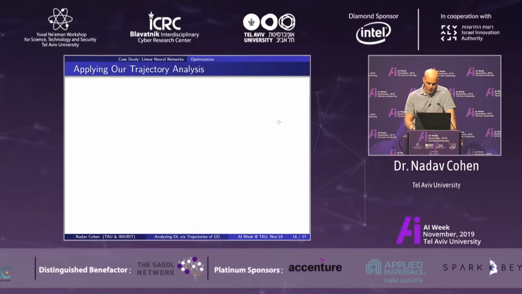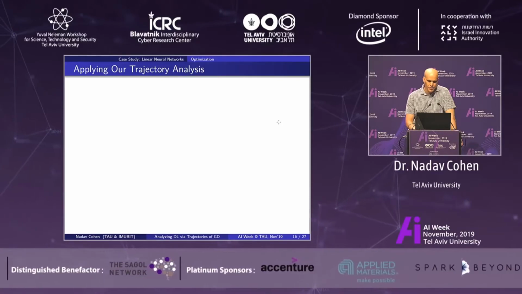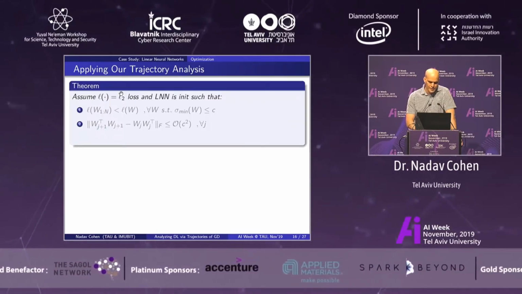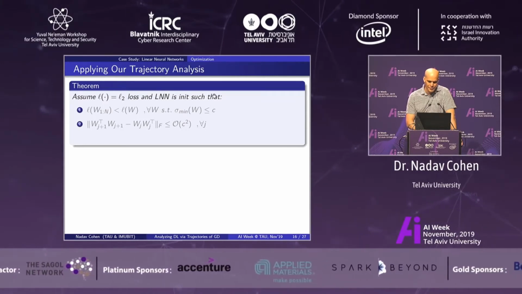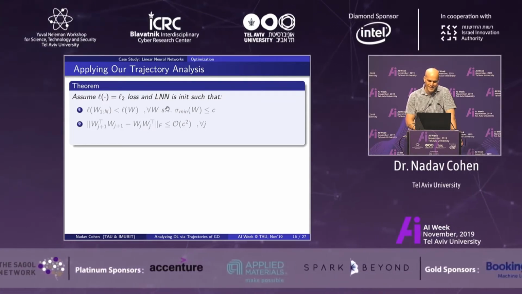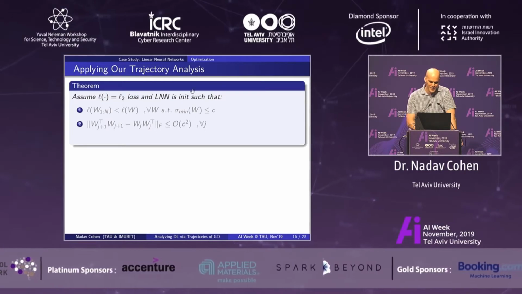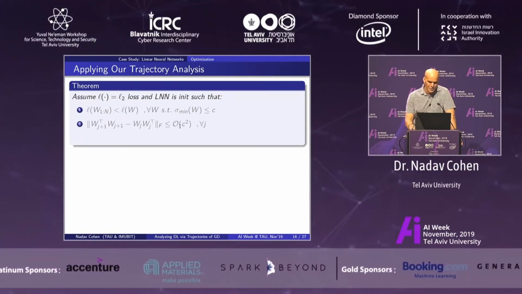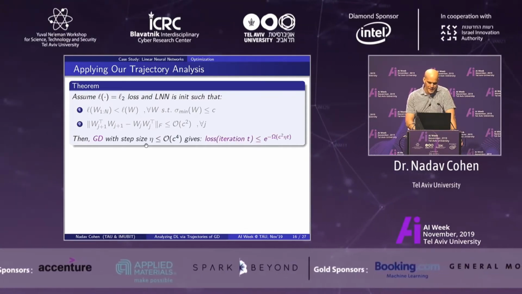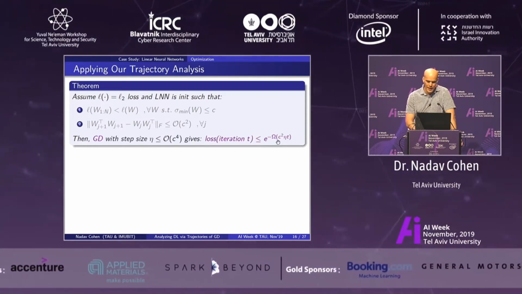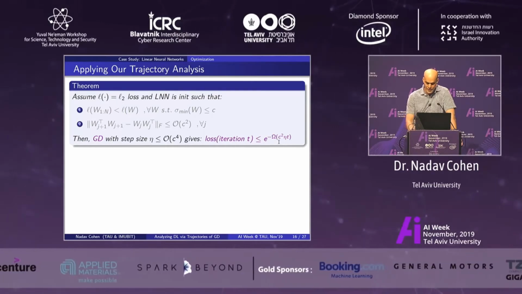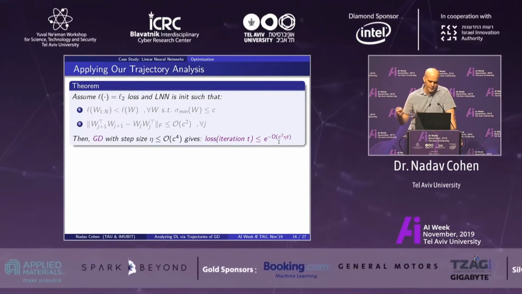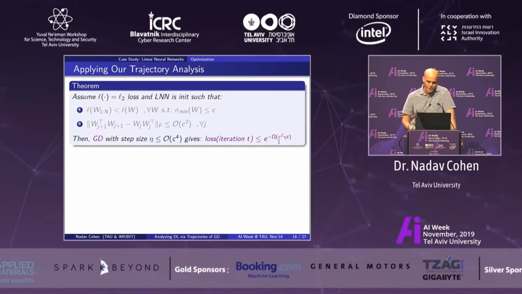What we do is apply our trajectory analysis, and I'll just show the result that we prove. Suppose you're optimizing the L2 loss, and you initialize the linear neural net such that 2 conditions are met at initialization. They are grayed out because I do not want you to try and parse this. Just treat it as 2 conditions. Under these 2 conditions, gradient descent is going to converge to the global minimum exponentially fast. It's called linear rate convergence. Okay, so we have a result proving convergence of gradient descent to global minimum, exponentially fast convergence under 2 assumptions